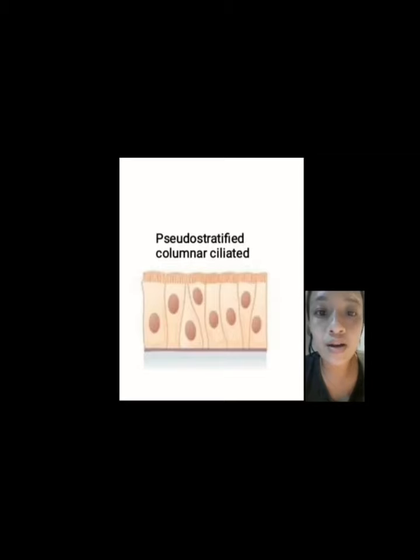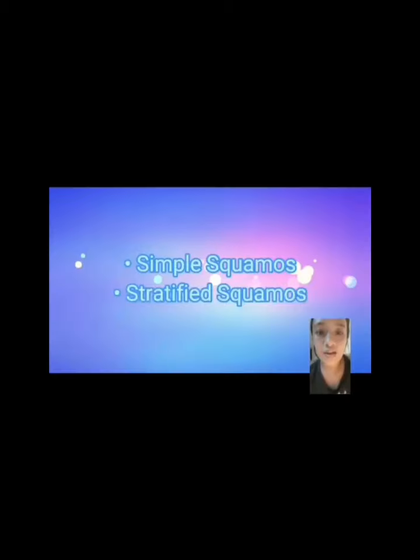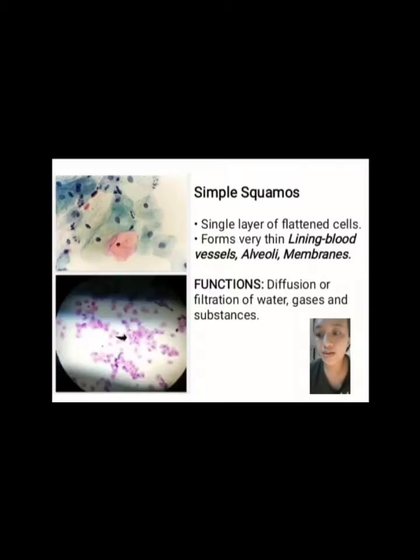Pseudostratified columnar epithelium. The main location is the ciliated tissue lining the trachea and much of the upper respiratory tract. The main function is that it secretes mucus, and the cilia move the mucus. The different types of epithelial tissue. The first one is a